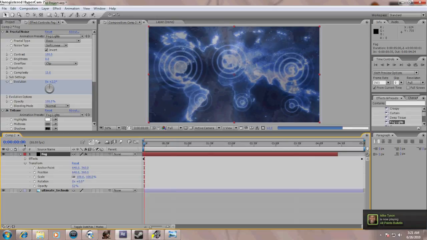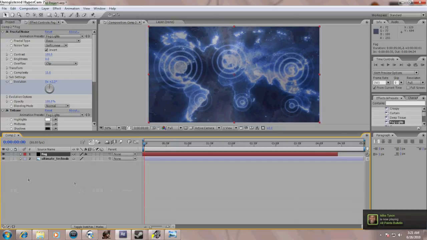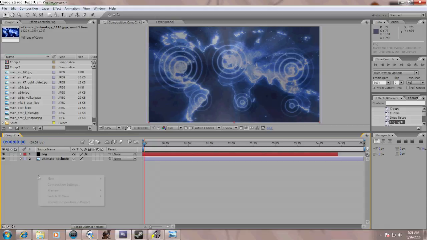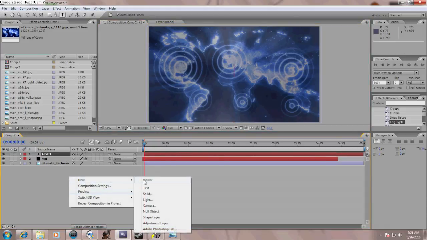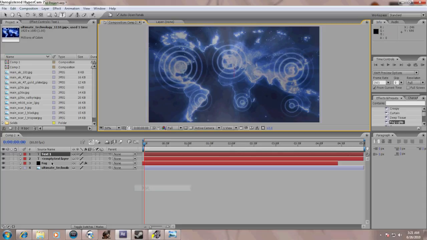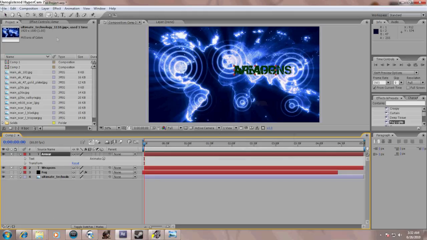So yeah, now what I did next was I created some new text. Let's add 2 new texts for armor and weapon. So you're going to type armor, double click the next one, type weapons. Alright, now just space these out so you kind of know what you're doing. And next what you want to do is